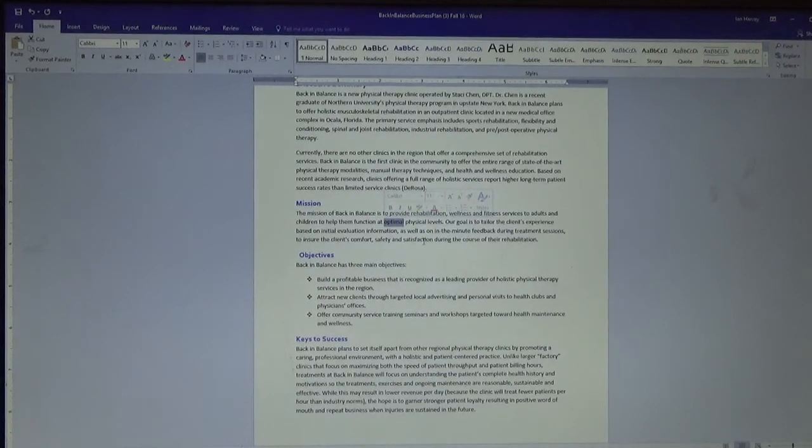Maybe we just feel like we're using that word too much. We just want a different word. Maybe it's too cliche, whatever it might be. So a thesaurus helps us to be able to choose new words. So in our review tab,